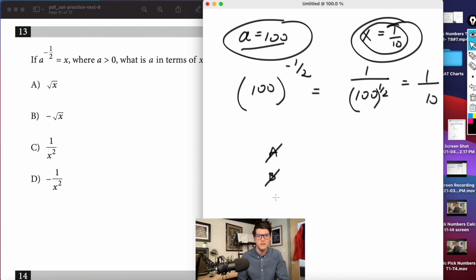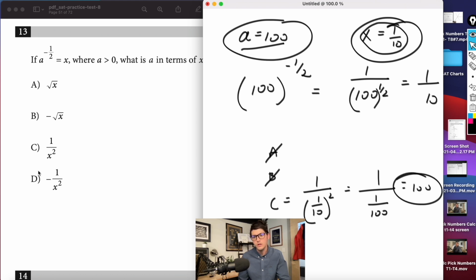So C says 1 over 1/10 squared. Okay, well that's 1 over 1/100th, which is equal to 100. Okay, perfect. That negative sign is not going to do us any favors in answer choice D, so it's C, right? So not a question for which picking numbers is the end-all be-all, but I will say if you have